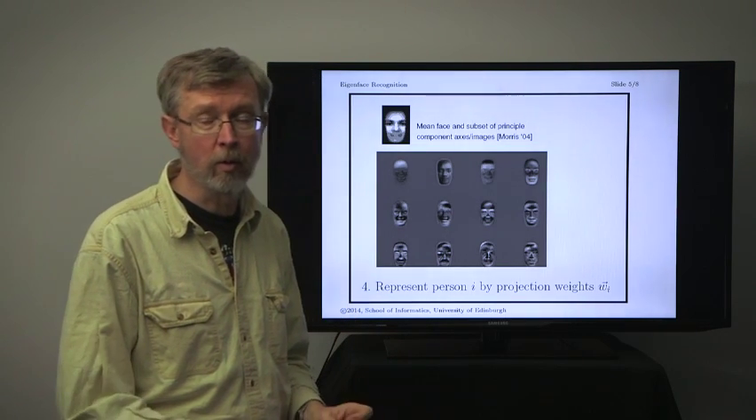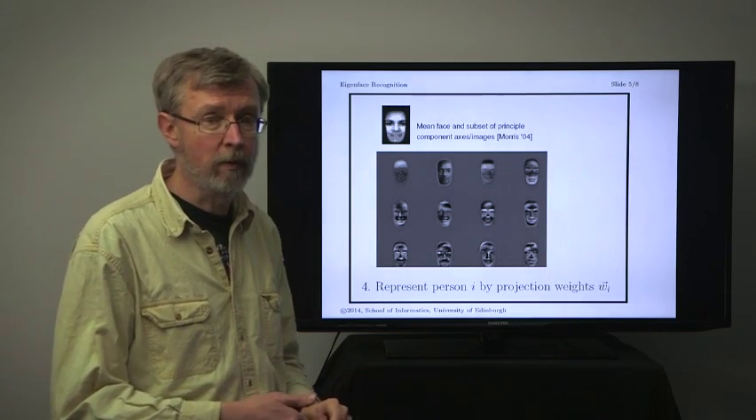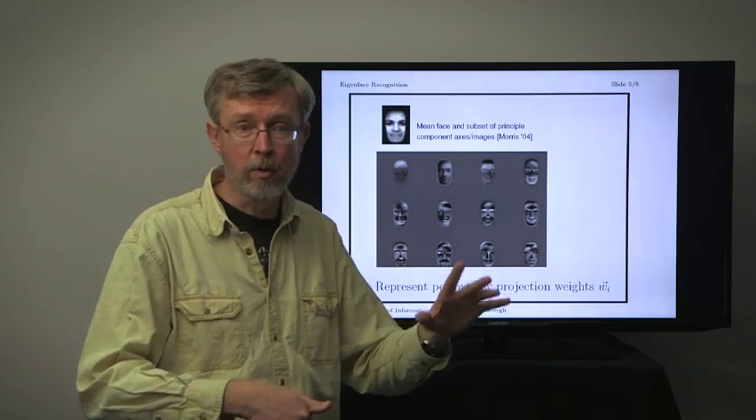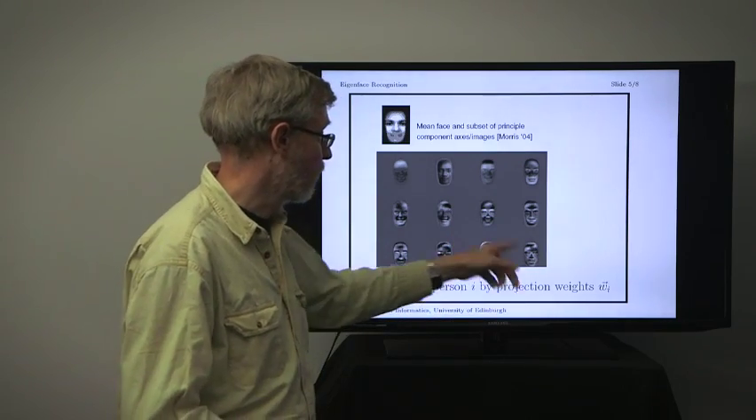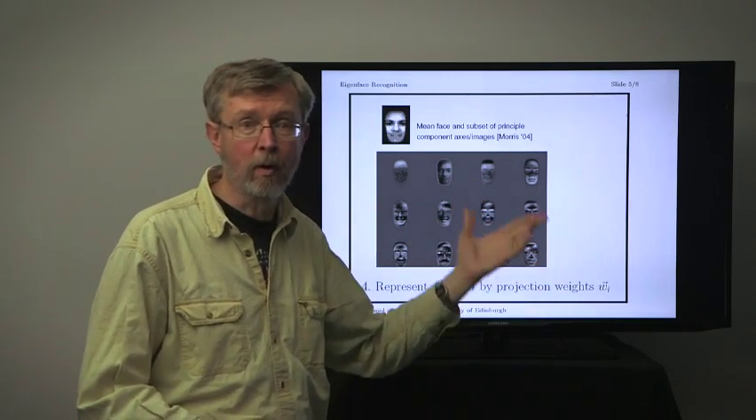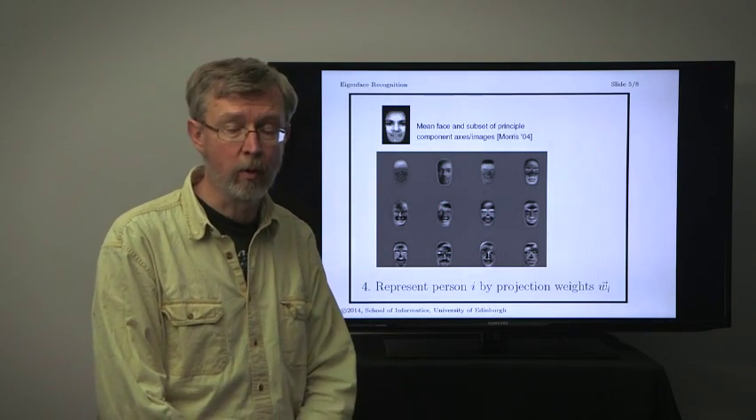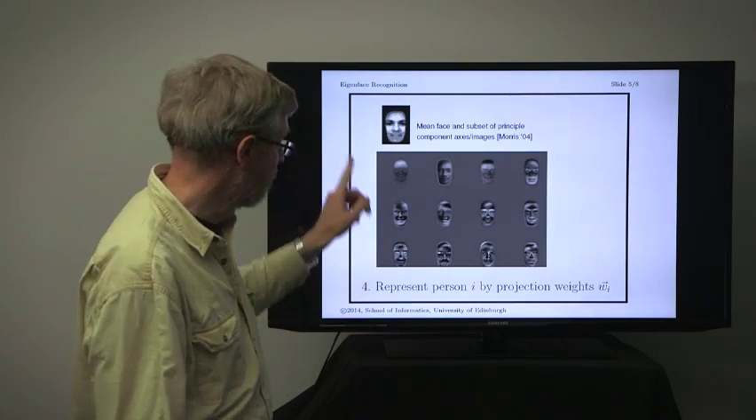So we may have started originally with a 256 by 256 image, that's 65,000 values, and when we project it down to the weight space, we might only use, say, 50 or 100 faces as our eigenfaces. So we produce a much smaller dimensional vector of only about 100 dimensions. Anyway, so we project it down,